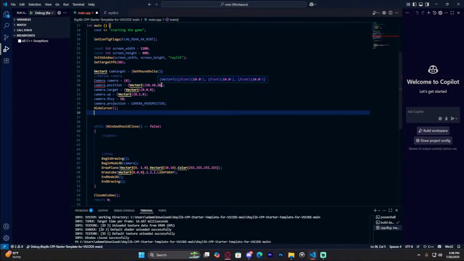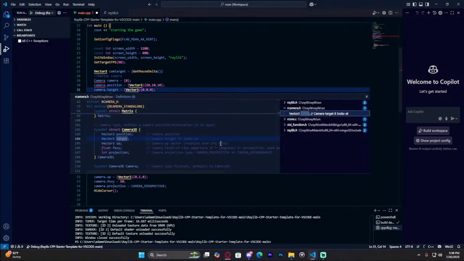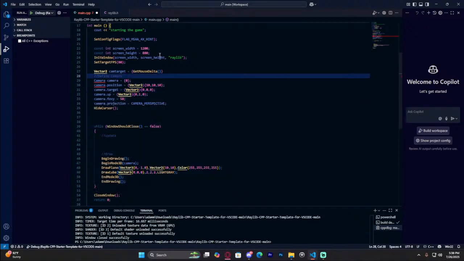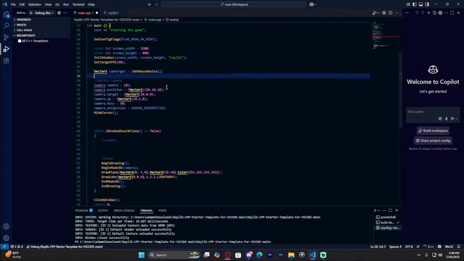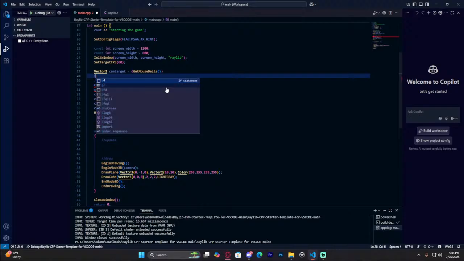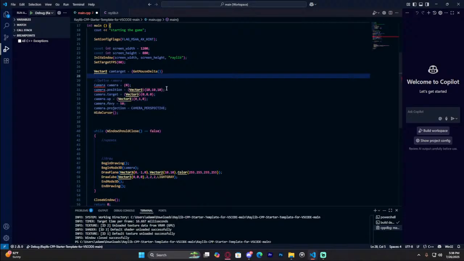Well, we can get the vector 2 for the mouse delta. So we're getting up and down. I mean, side to side, up and down. But we don't have Z, which for target doesn't make much sense. Oh, it's looking at something in a 3D space, so get mouse delta to vector 2, and then we need to add something onto it. I guess if we do 0, then it's going to be looking in a different space, so maybe